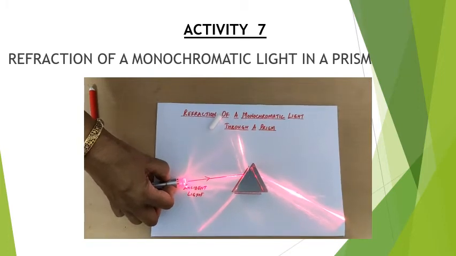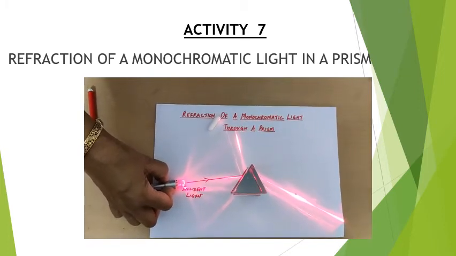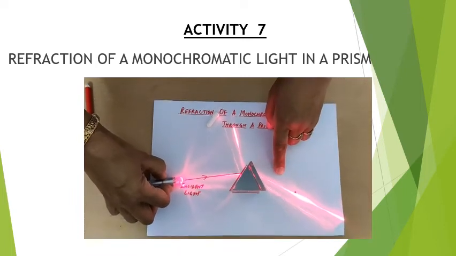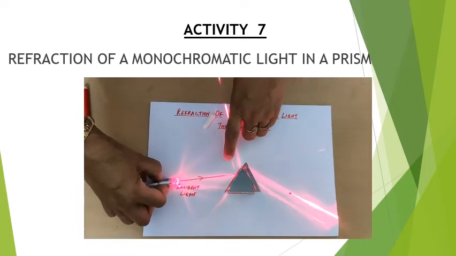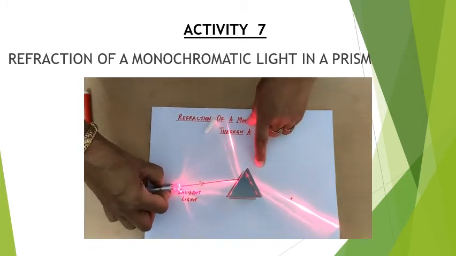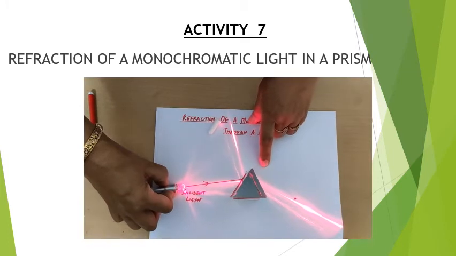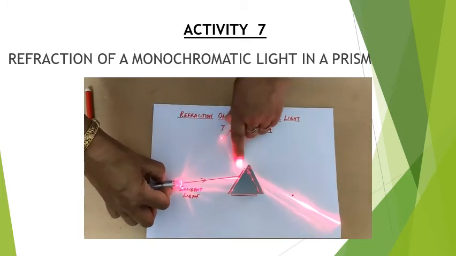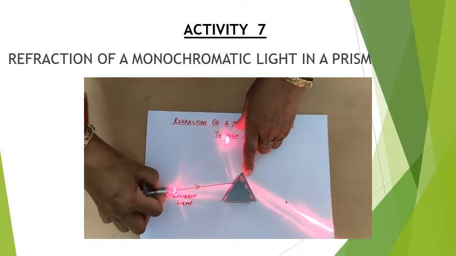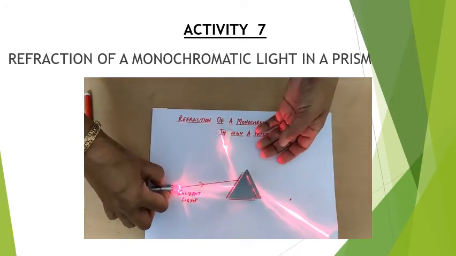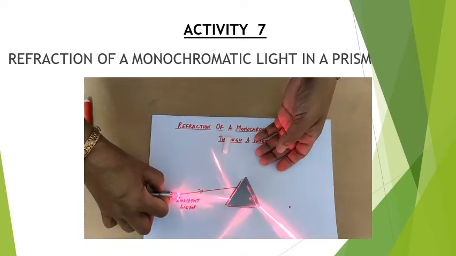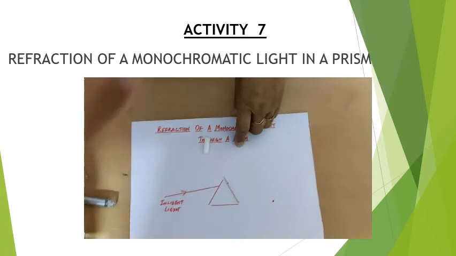We'll see it. But before that, students, can you see any color in this light? A single colored light is coming out from this side. Why is this so? Because the laser light is made up of a single light. So the light after refraction does not disperse or separate out. It's giving out just a single light. You can see here. Okay, now trace the path.